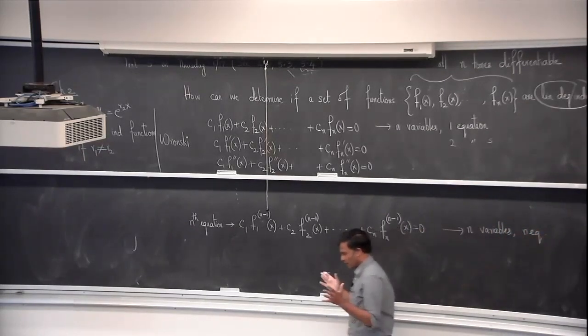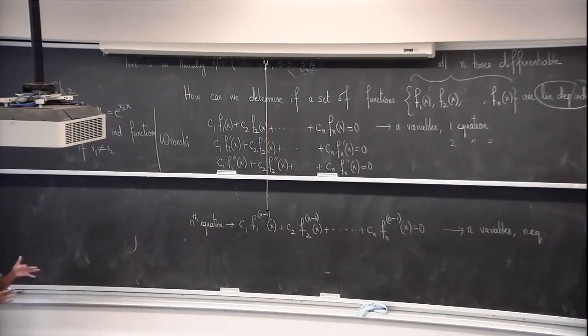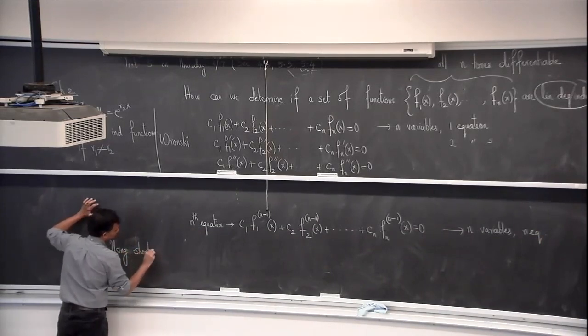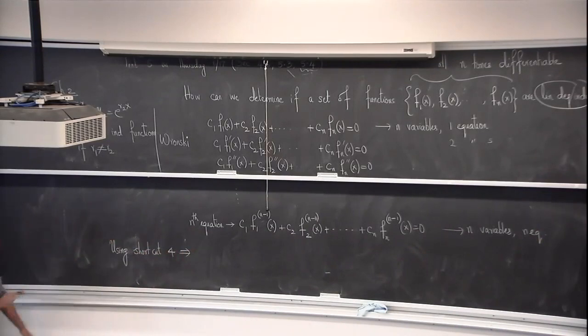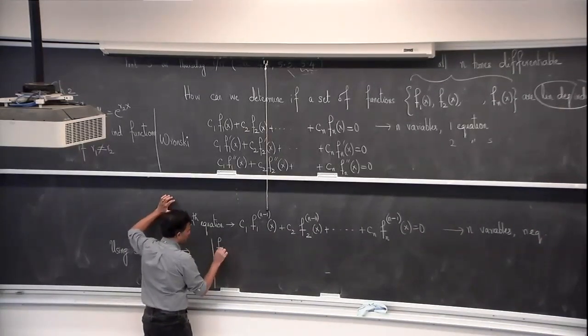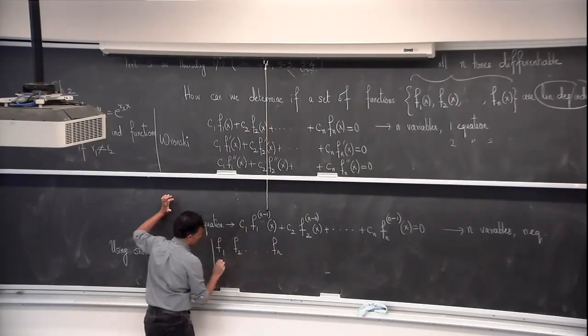Not only that, Wronskian observed that now we can build a determinant and make use of shortcut number 4. Using shortcut number 4, we can create a determinant of all the terms that are multiplying C1, C2, C3, and so on. It's going to look like this: F1, F2, F3, dot dot dot Fn in the first row,